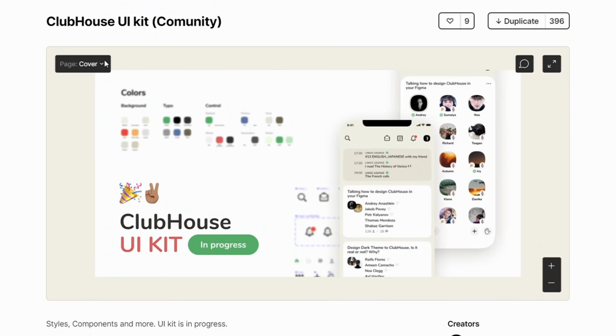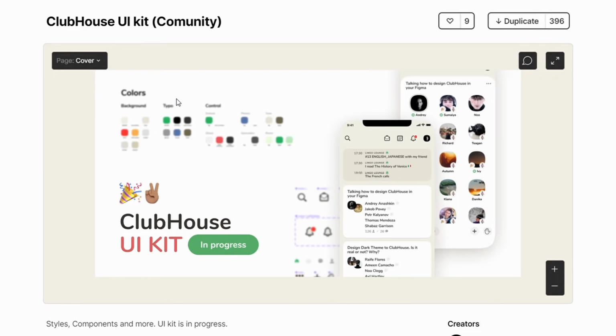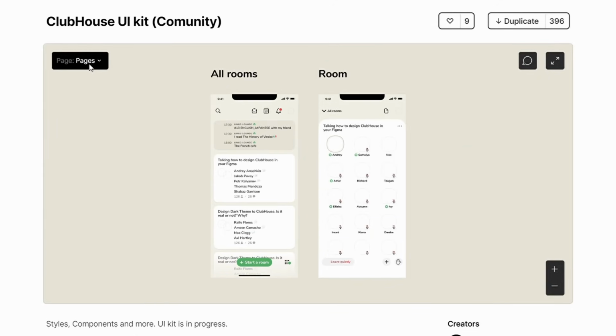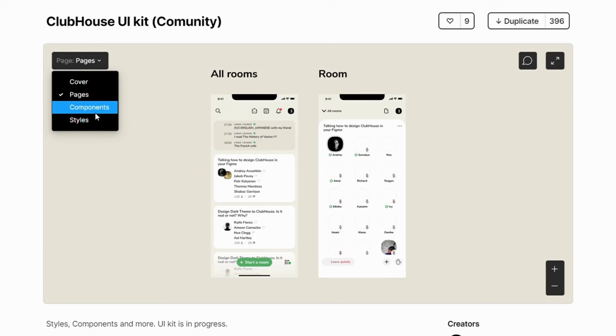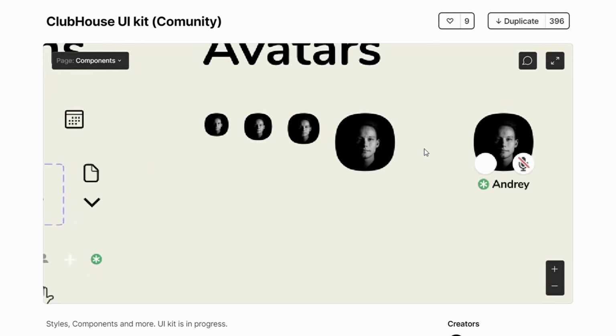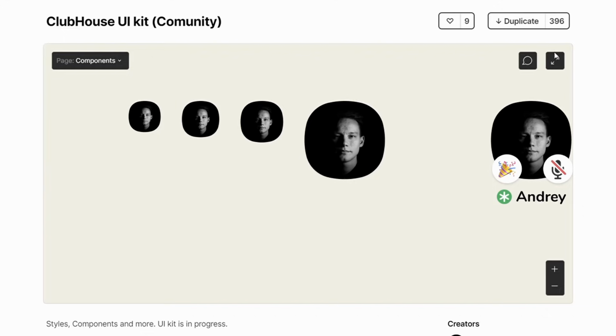There are a bunch of UI kit resources that you can get. I'll link them, of course. There is a Clubhouse UI kit. That is the best place you can get these squircles from. And some plugins in Figma and XD. Again, we'll be mentioning that in the description, where you can actually get all these squircle shaped elements and you can implement them in your designs as well.